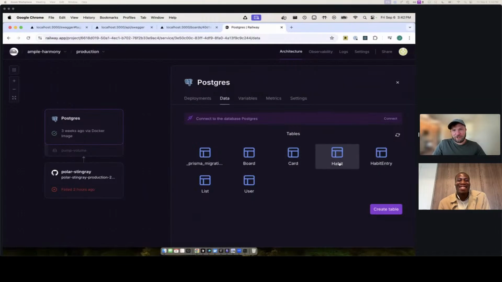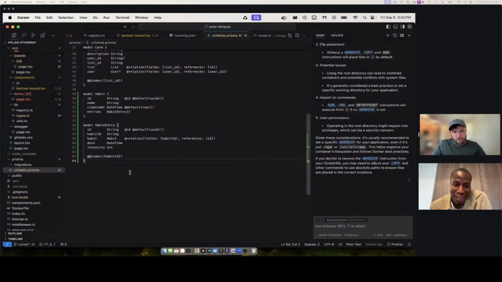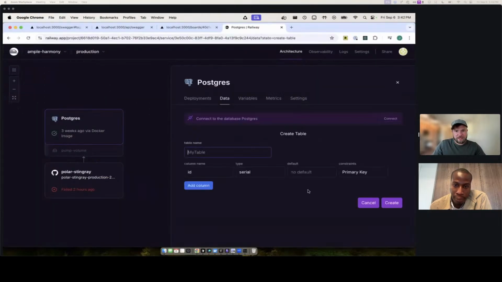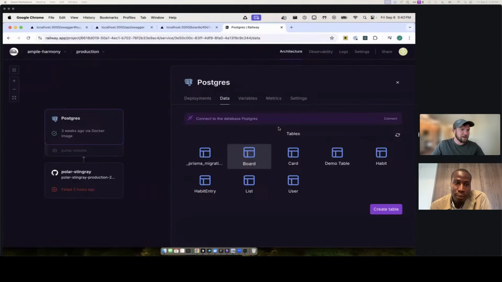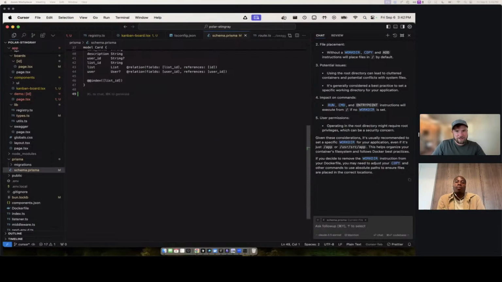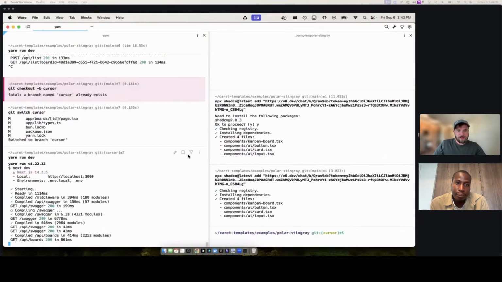So I pushed these changes earlier, and I don't want to break something. One thing you can do with Prisma, let's say I didn't want to create those models myself, I wanted to just create a table here. So let's do demo table, and it just says demo name. So we just created a new table in my database editor. This is in Railway, and it's the same for Supabase. Especially as a solo dev, this is a neat hack. We can get rid of this, and now we can do